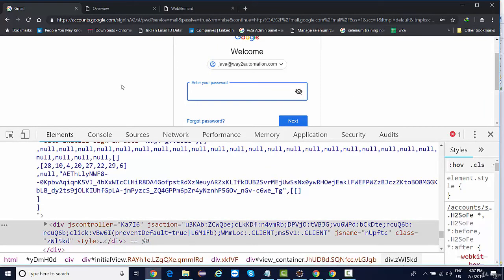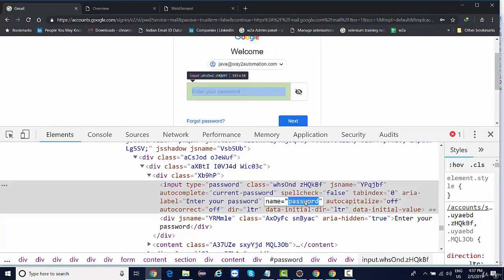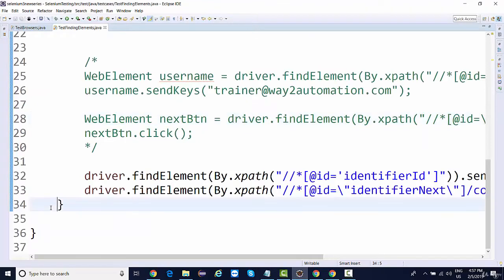So for entering the password, I'll again inspect this element. You can directly inspect it. This is the password element. You can see the type equal to password, and there are many other things over here. The name is there, and we can try using name. So what I'll do, I'll just copy this name equal to password, and I'll simply say